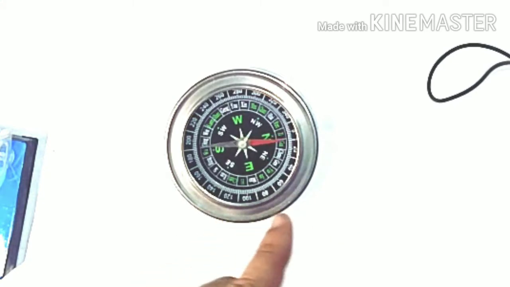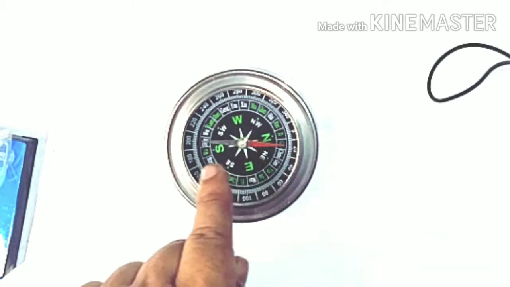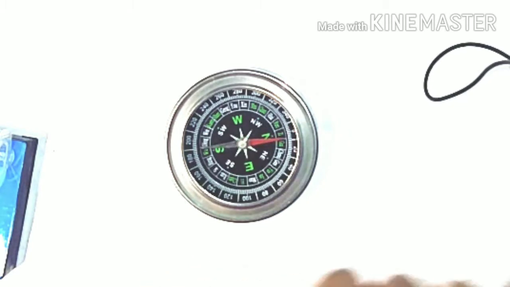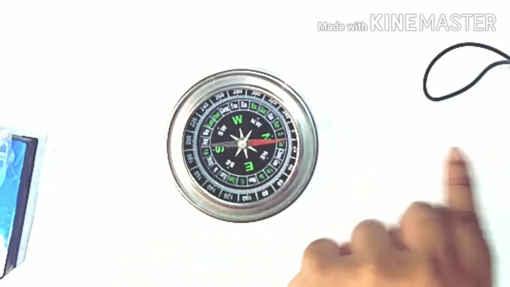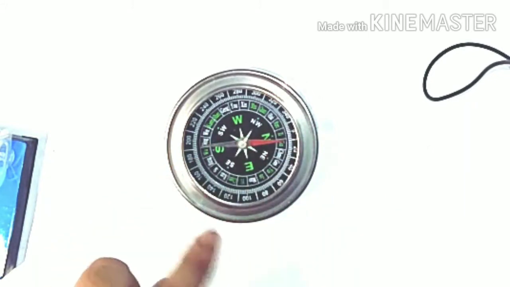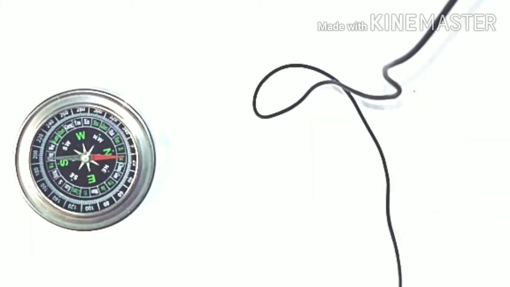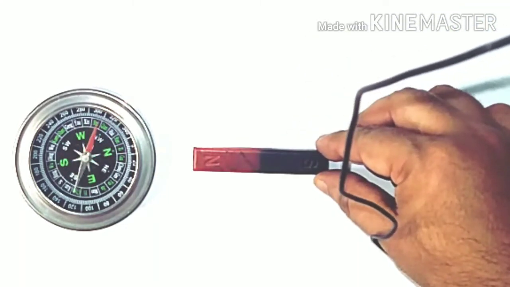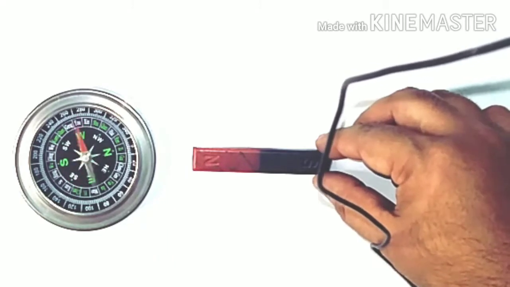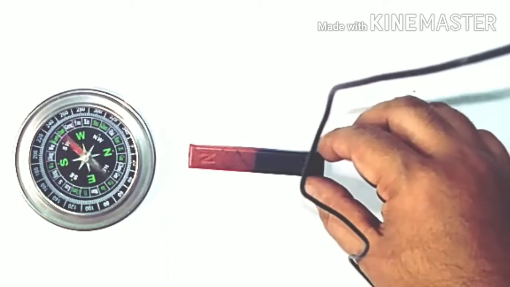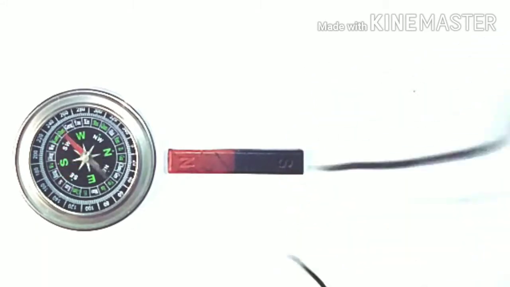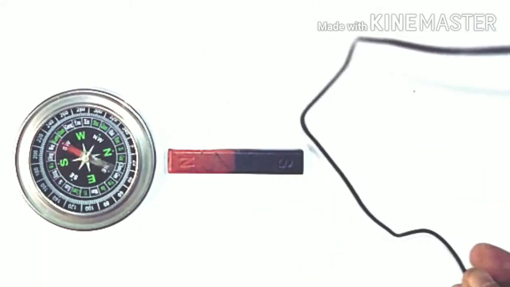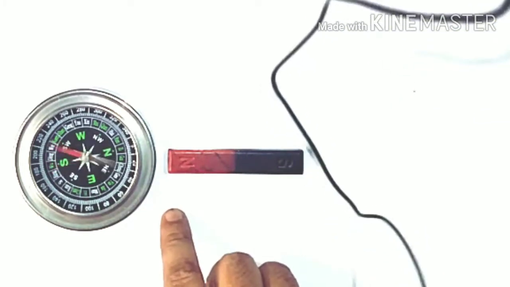If I bring a magnetic needle here, the red side you are seeing is the north side and the other is the south side. If I bring the north pole of a magnet near this, it should be repelled, so this should alter and the south should be attracted. Let us see whether the same thing happens or not. I am bringing a north pole towards this. Did you see the fluctuation of the needle? The south pole is coming towards the north and the north pole has been repelled, right?